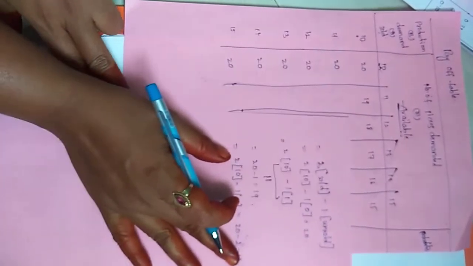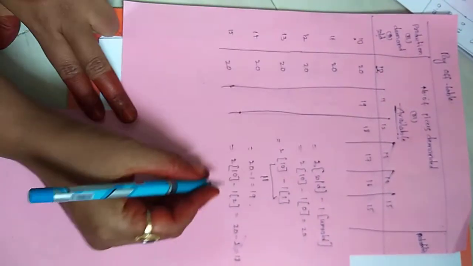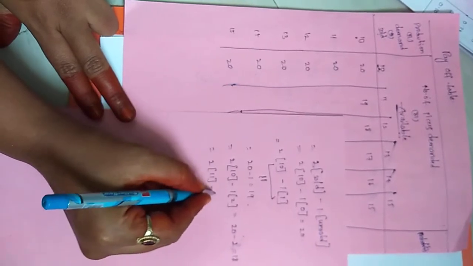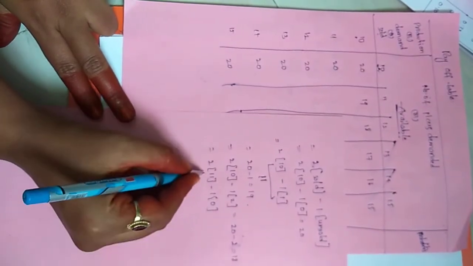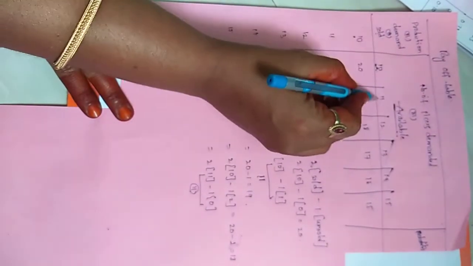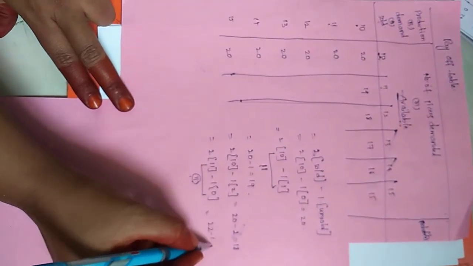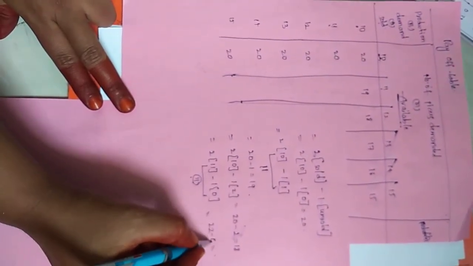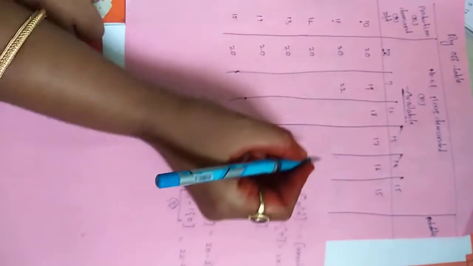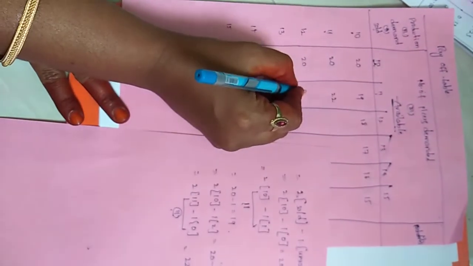Next, available are 11 and the sold is also 11. It means 2 into 11 minus 1 into 0. Just see, available are 11. It means 22 minus 1 into 0, that is 22. Next, all our values are the same here.